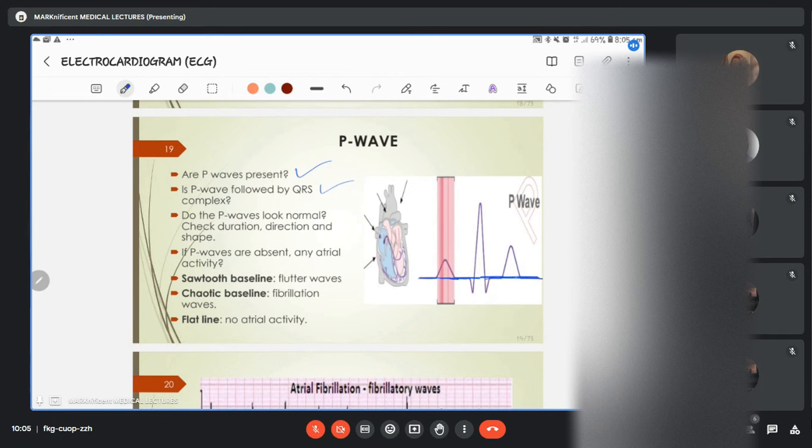Right? Let me call it the baseline. In cardiology, it is called the isoelectric line. Some of the waves you can see go above, which are positive. Some waves are negative. This is another positive. This is another negative. This is another positive. So what you should notice are the waves that are positive on the normal ECG and the